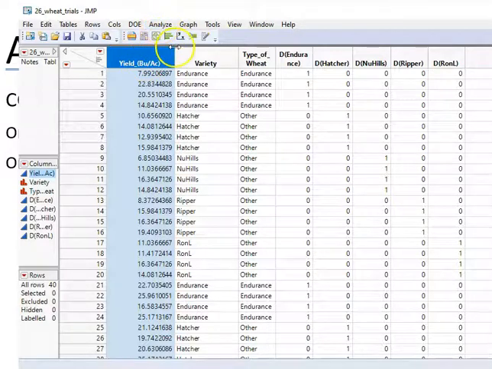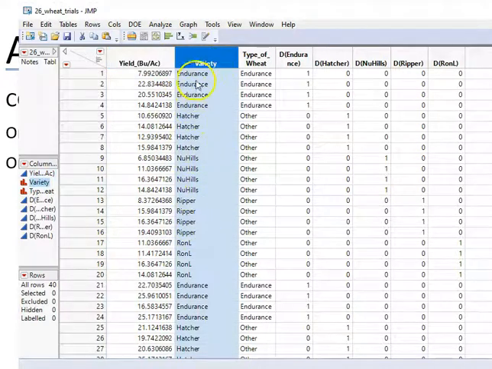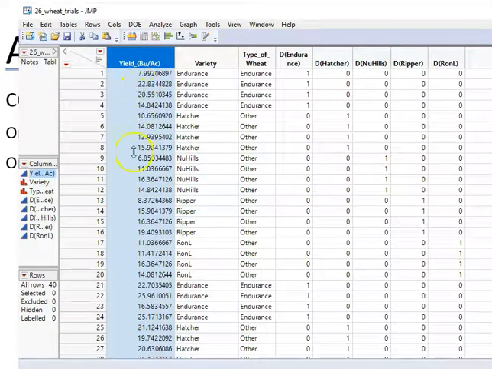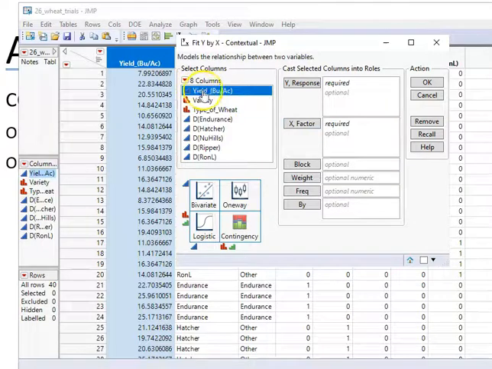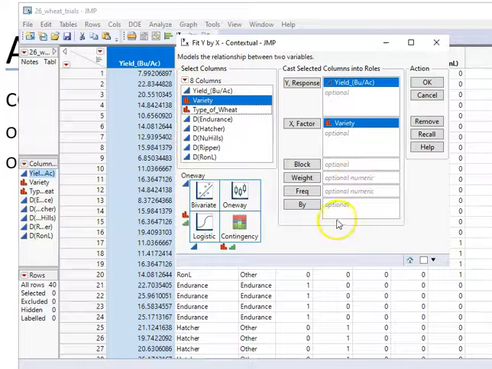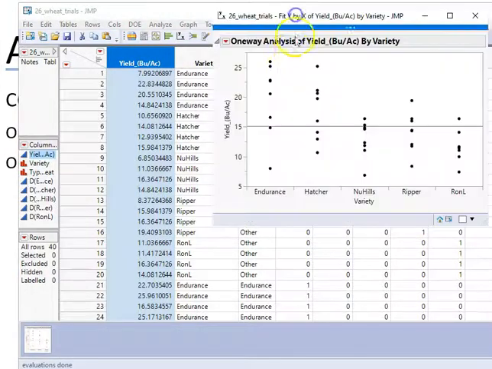Okay, so to do that we have one IV, one DV, right? The IV is variety or groups. The groups are types of wheat, and our DV is a continuous or numerical variable, and it's yield, right? So I go to Fit Y by X because I have one IV and one DV, so yield. I want to put variety here. And since I have more than two groups, JMP automatically decides you're going to use a one-way analysis of variance, or ANOVA. We click OK, and the first thing we see here is